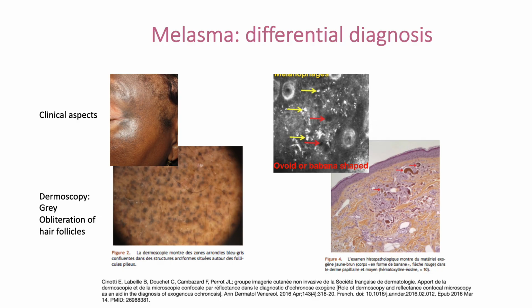Of course, dermoscopy and reflectance confocal microscopy can also be applied to the differential diagnosis of melasma, including diachronosis, which appears at dermoscopic level with this pattern characterized by grayish-bluish dots, and under confocal microscopy corresponds to the presence of melanophages, as confirmed by